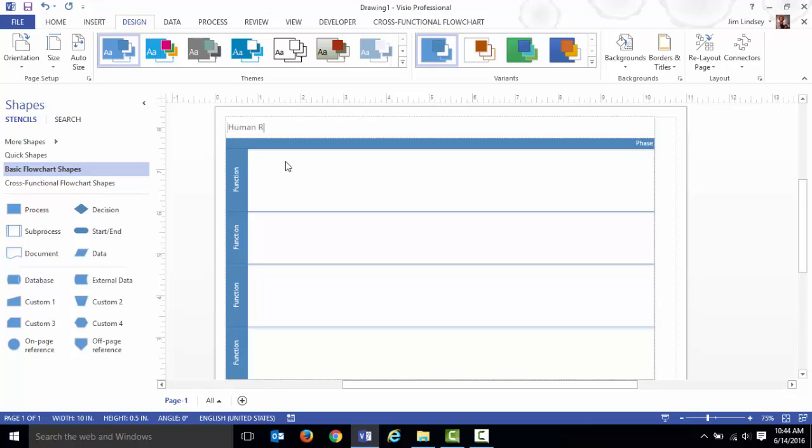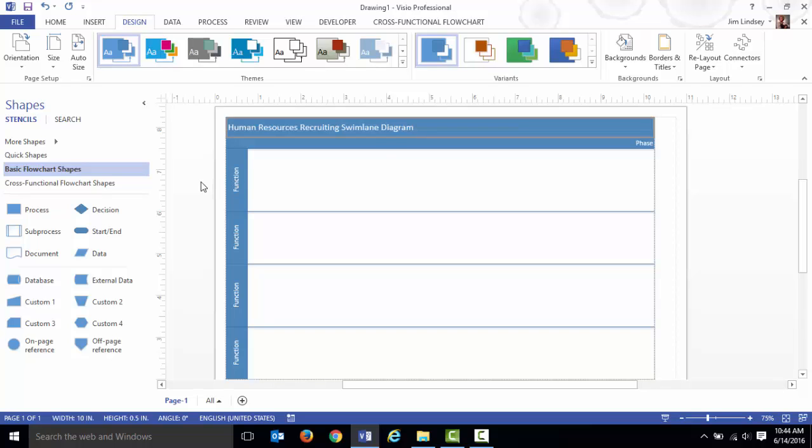And this is human resources, recruiting, swim lane diagram, and I need to correct that spelling there. Nope, we're good. Okay, so that's our title, and now what we need to do is change where it says